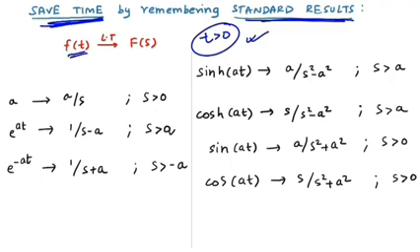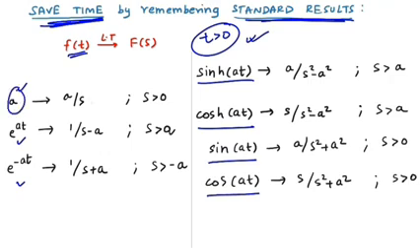So f of t is sometimes a constant a, it can be e raised to at or e raised to minus at, sine hyperbolic, cos hyperbolic, sine of at or cos of at. For all of that I have a standard result. So let's go one by one. If my function is a, then the answer is a over s, where s is greater than 0.